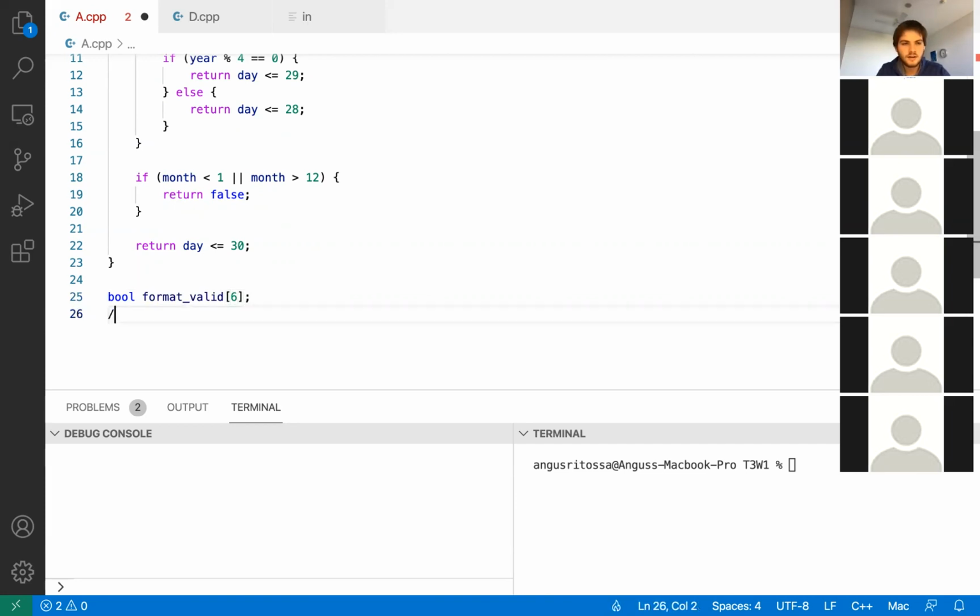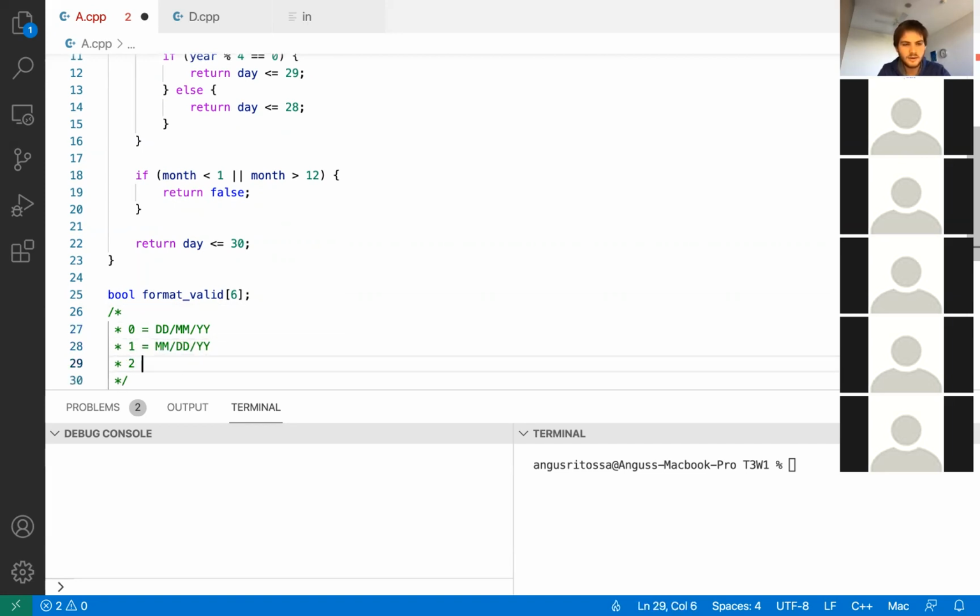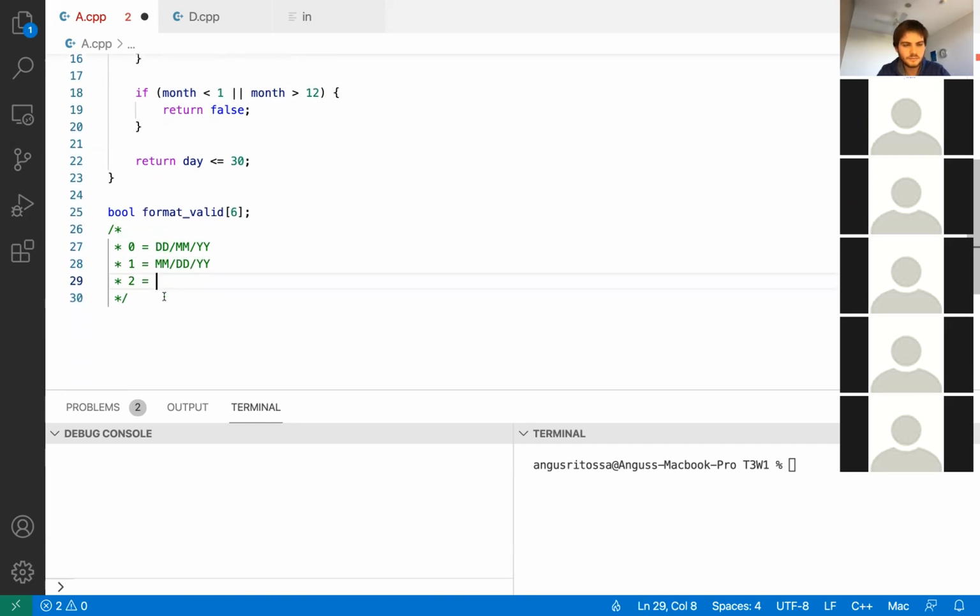And for now, I'm going to number the formats. Just for simplicity, let's say format 0 corresponds to this one. Format 1 is this one. Format 2 is what's left: day, day, year, year, month, month. 3 is day, day, month, month, year, year. I'm probably doing them in a weird order, but that's okay. 4 we can say is year, year, day, day, month, month. And then 5 will be year, year, month, month, day, day. So I've just numbered all the formats to keep track of them nicely.